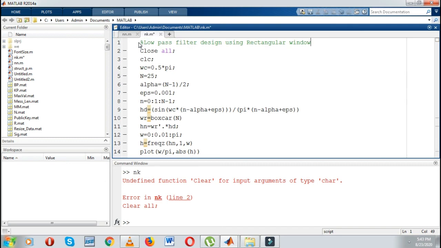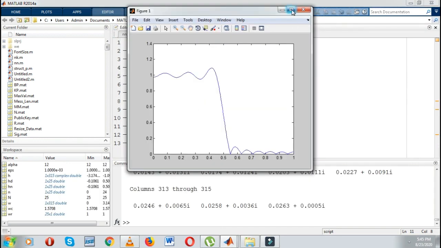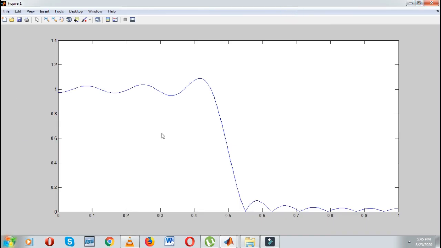Okay, you can see this is a low pass filter. The absolute graph of that transfer function is the magnitude spectrum.